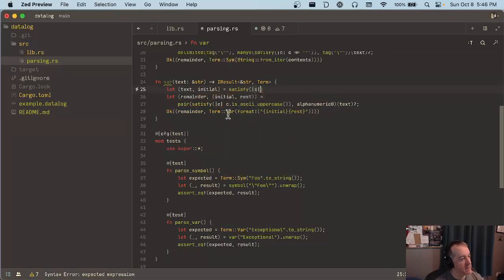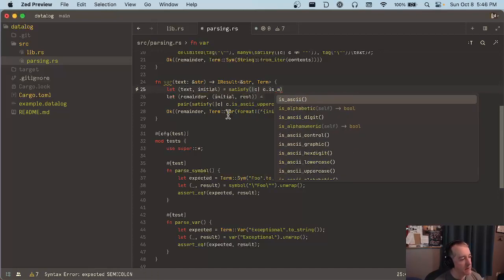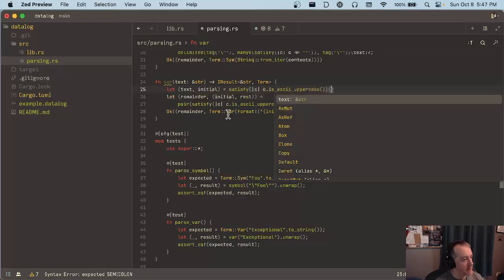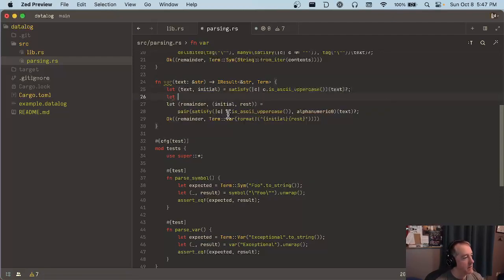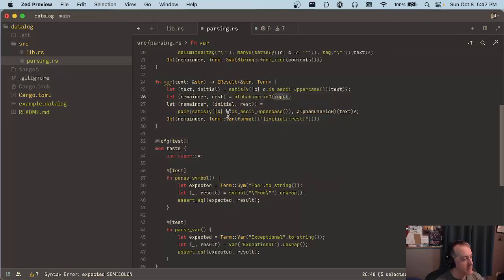And this is one of the nice things about the combinators here is you don't have to use them. You can chain them together yourself. So we'll go ahead and call this one remainder, and rest, and this is alphanumeric 0, and we give it text question mark,